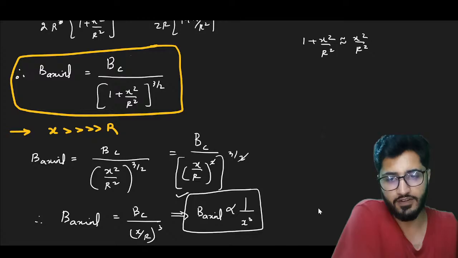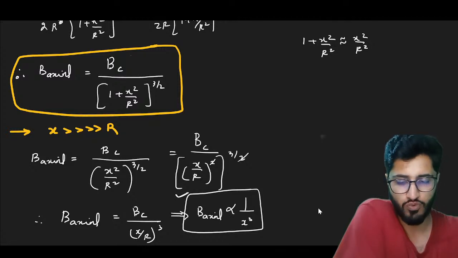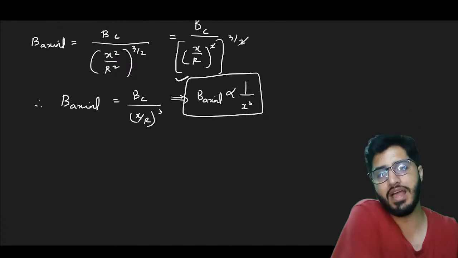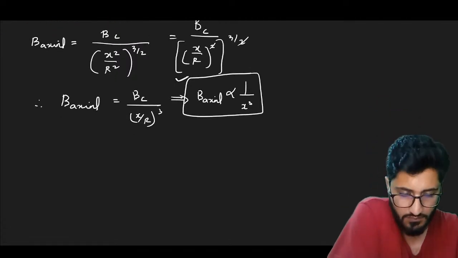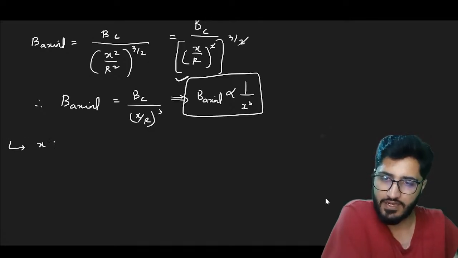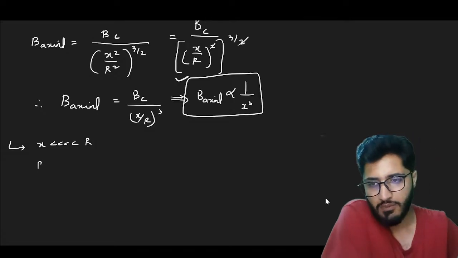This is a relation that it follows if my x is more than r. Every time it is not compulsory that x is more than r. We can write, let's suppose my x is very less than r, very close to r. B axial